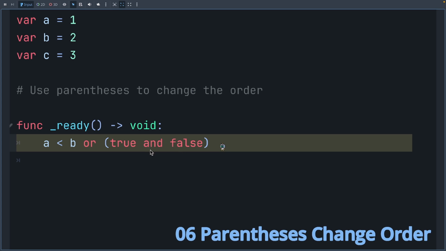True and false evaluates to false because both values must be true in order to make an AND true. And now the OR expression is being solved. The right side is already evaluated, therefore we need to evaluate the left side. Is A smaller than B? Yes it is. 1 is smaller than 2. So true. True or false evaluates to true because only one of them has to be true in order to